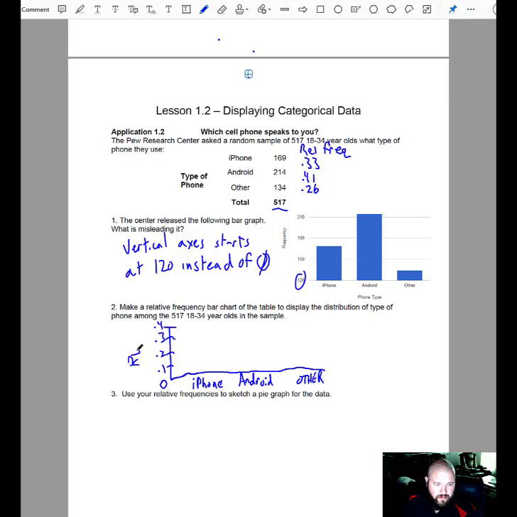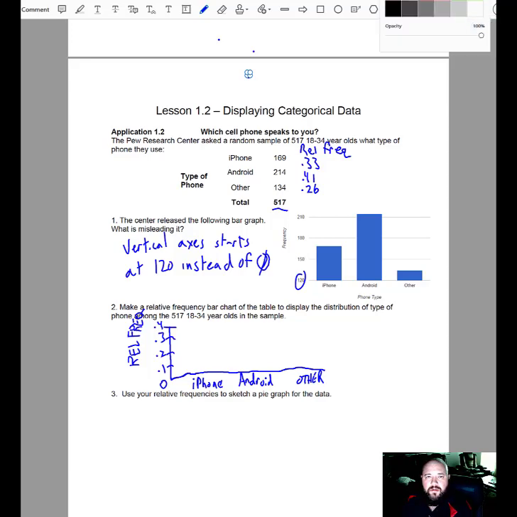So we'll label this relative frequency. Okay. And we've already labeled our x-axis with iPhone, Android, and other. So now,